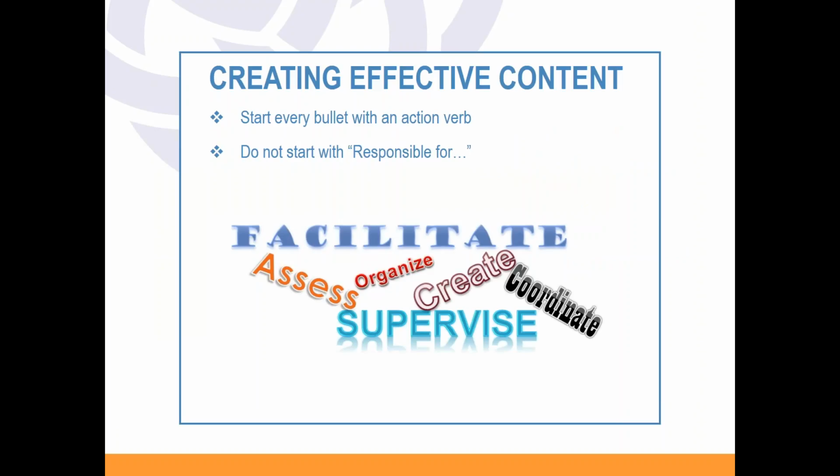All right, so now what we're moving into is what I would call how you're defining your experiences. So now we get a sense of structure and how we want the document to look. Now we're going to get into the nuts and bolts of what's in your document. But this is still about structure. So when you're creating effective content, how you're describing your work experience,